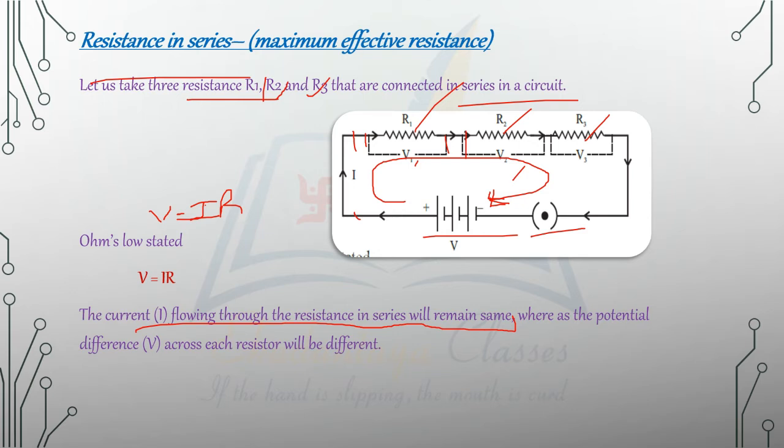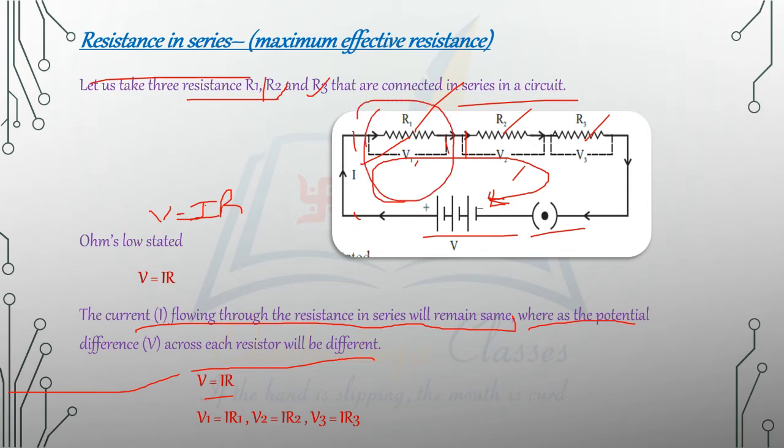If you connect a voltmeter, it will show some fluctuation, some plus 2 or minus 2. It will show that the potential difference across each resistance will be different. Just now we said, potential difference means what? V, which is different. V is equal to IR. Let's substitute V for these resistors.